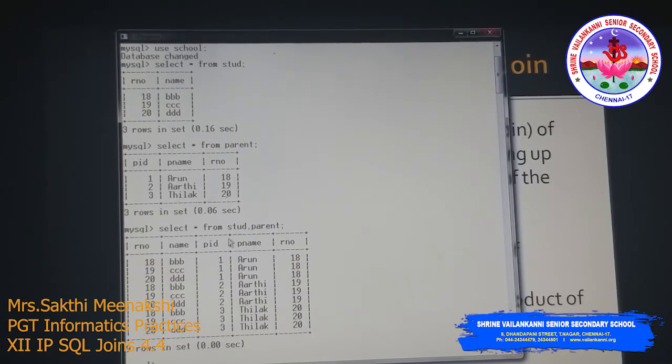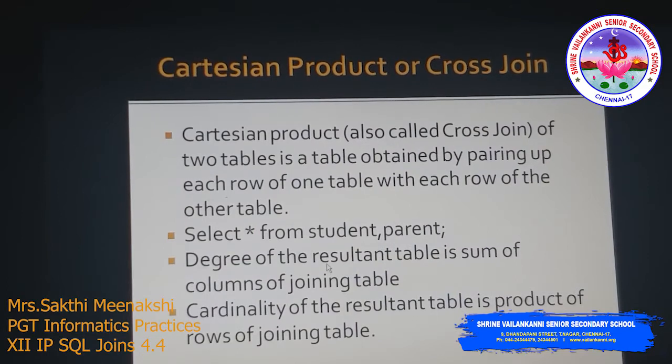So this is the simple Cartesian product: select asterisk from student comma parent. The degree of the resultant table is the sum of the columns of the joining tables, and the cardinality of the resultant table is the product of the rows.